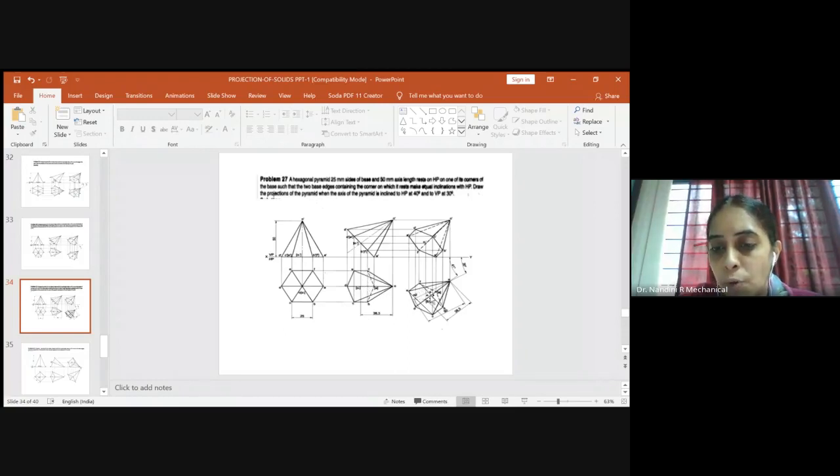Keep one end of the compass here and cut an arc. So you'll get F. Similarly, from this midpoint, you measure the distance B, how much it is. Keep one end of the compass here and cut an arc. So you will get F and B. And D you have got. And this corner A, you please measure from the center to A, what is this distance? From O1 to A, what is the distance? Using compass, keep one end of the compass over here and cut an arc. So you will get A.